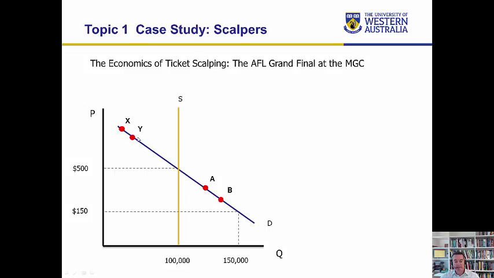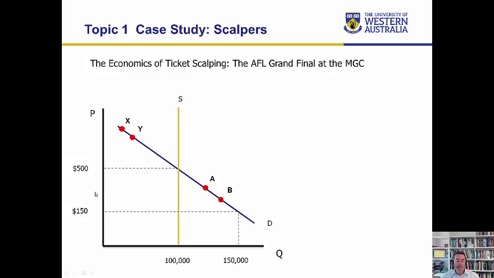Now, we have the willingness to pay along the demand curve, and what I'm going to say is that the more you're willing to pay, the more you value the tickets. So if you are willing to pay more, you value the tickets more, therefore tickets should be going to you rather than people who value them less or are willing to pay less. Now, the one problem associated with that type of logic is that willingness to pay can actually be related to income levels. But keeping that in mind, we'll continue on with this line of argument.